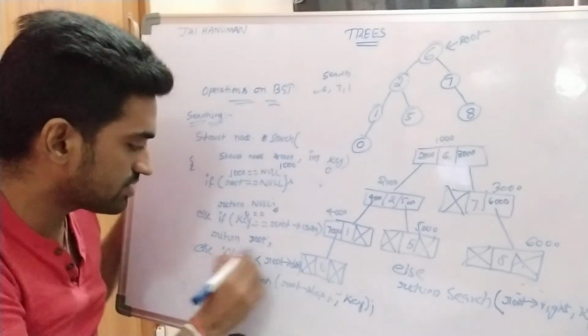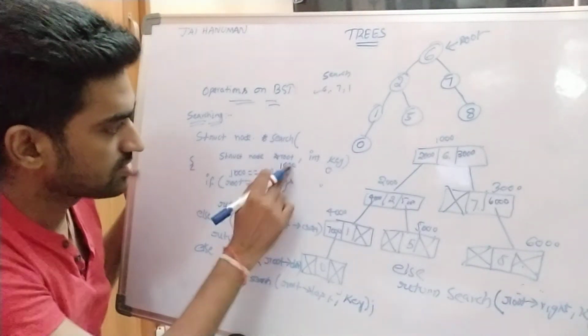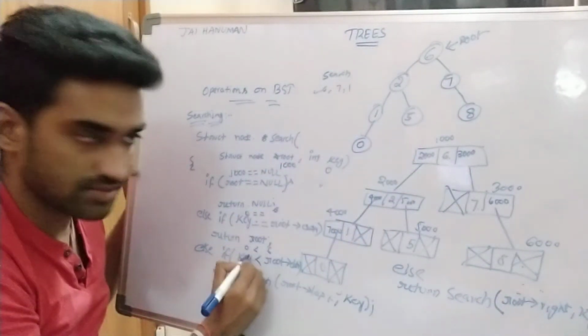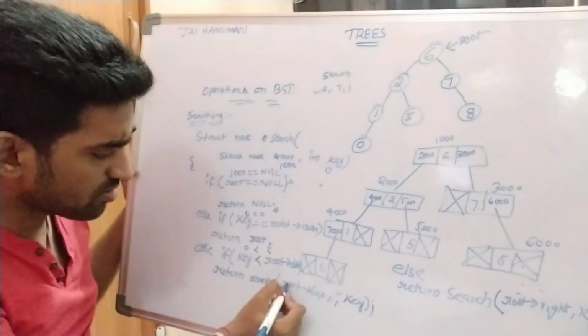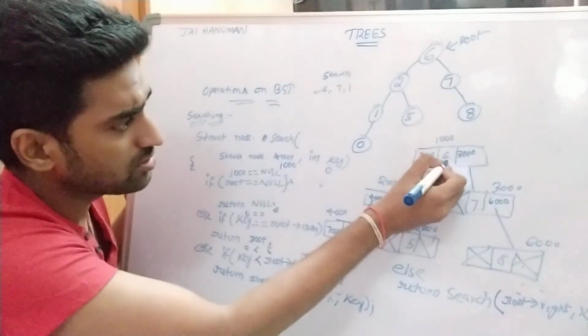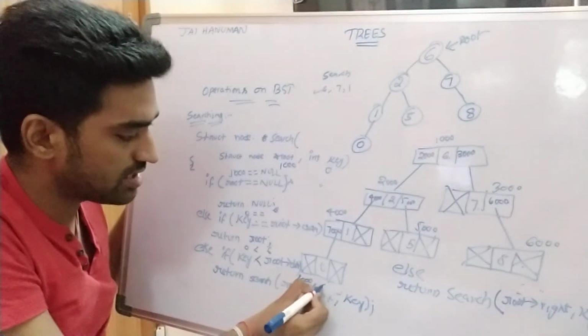So that's why here I am checking this condition. Key, so key 0 less than root data. What is root data? So 1000 holds the 6. 0 less than 6. Condition is true. We are calling this function root of left. So root of left holds the 2000 memory location. 2000 memory location. Key is 0.